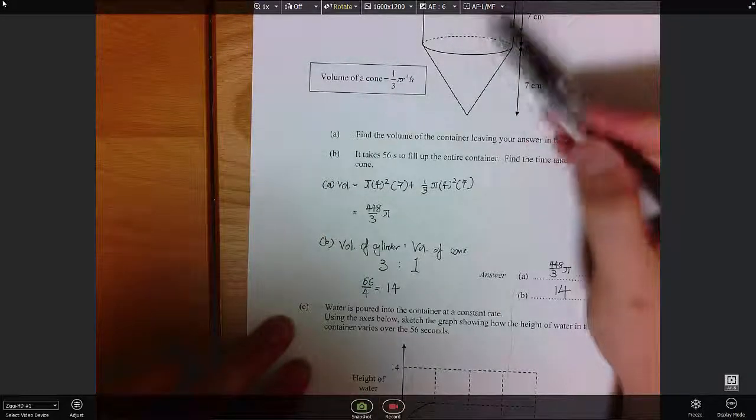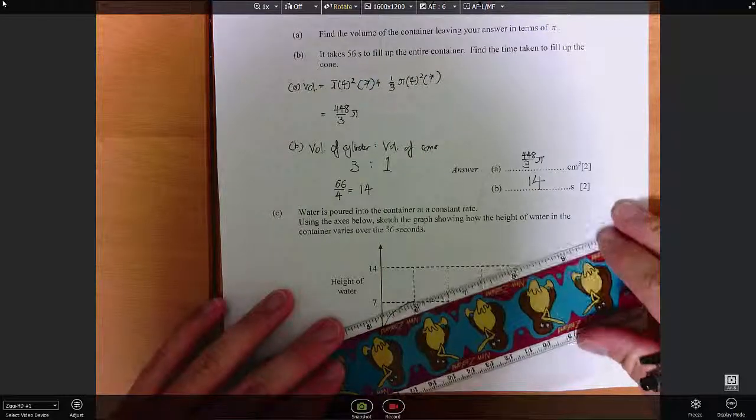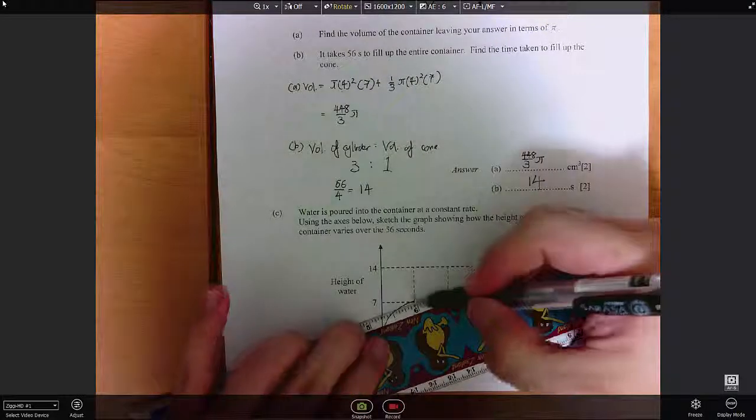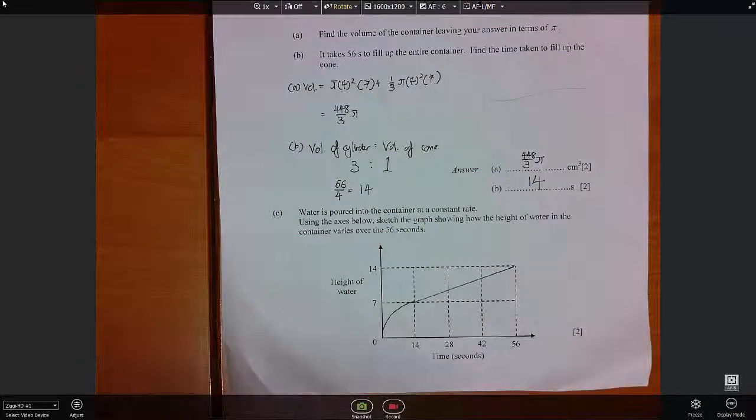Next part here, constant cross section means it will fill up at a constant rate. So the height will be increasing at a constant rate. All you do is take a ruler and draw it, and you are done with the corrections for